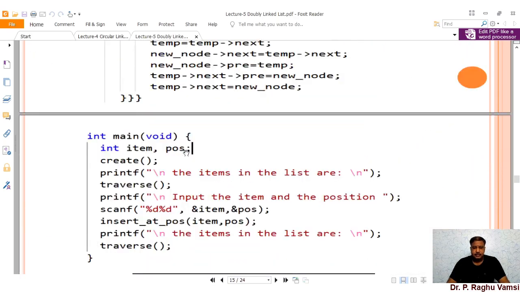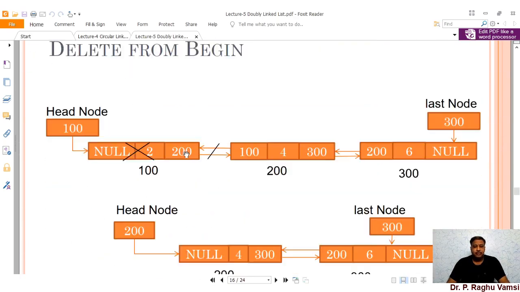In the same way, the measures you have taken for inserting at the beginning, inserting at the end, and inserting at a position, the same measures you are supposed to take care of in the case of deleting at the beginning, deleting at the end, and deleting at a particular position. So for delete from the beginning, the head becomes head next, and this particular node should be removed. It is a very simple technique. Head must be pointing to the head next, and this node will be removed from the list. Thereby the deletion of the node from the beginning will take place.